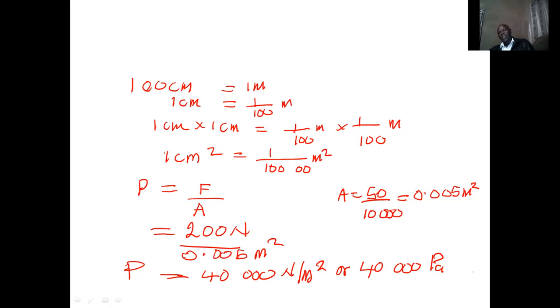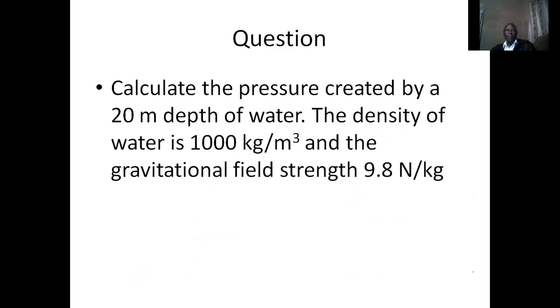So this is the basic calculation that we have made to calculate pressure when we are given the force as well as the area. The next question: calculate the pressure created by a 20 meters depth of water. The density of water is 1,000 kilograms per cubic meter, and the gravitational field strength is taken to be 9.8